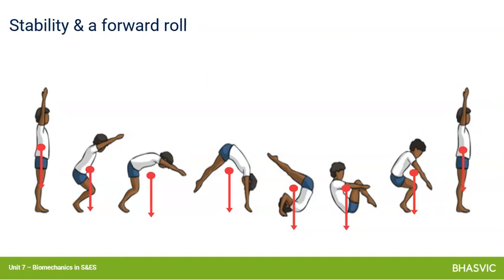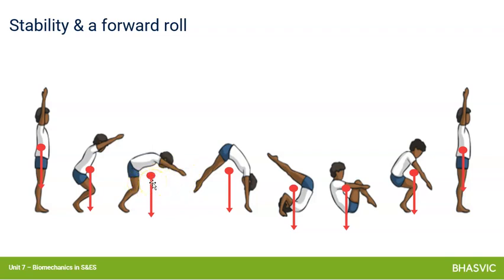Here's another example. So, forward roll. You've all done this, I'm sure. Centre of mass within the base of support, stable. When we want to start rolling forward, what we do is we tilt our body forward, we almost unweight, lean forward, and what we're doing is moving our centre of mass ahead of our feet, outside the base of support. We're creating instability, and once we become a little bit unstable, we then push with our legs to create angular motion,